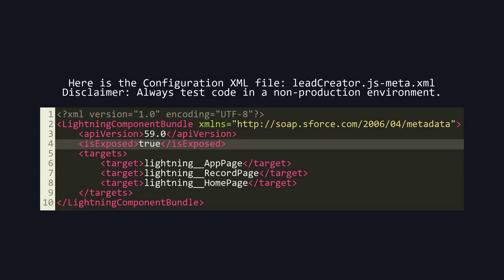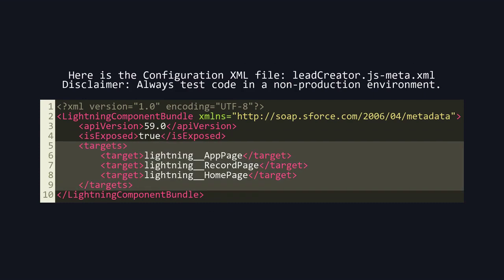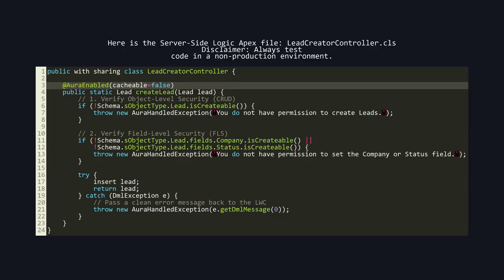This tag makes our component visible and available to be used in tools like the Lightning App Builder. The target set configuration specifies exactly where this component can be placed by an administrator, making it flexible for various business needs. Here is the server-side logic Apex file,